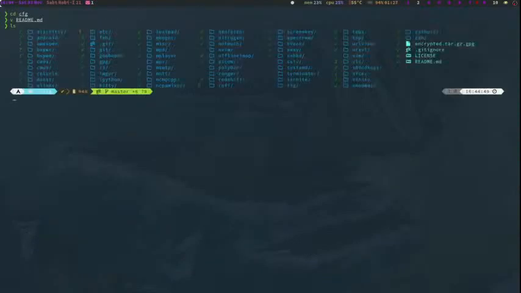So in this directory, I have so many files in the CFG directory. Here I create some directories for the programs I want to configure the dot files for. Like let me show you how I configure my BSPWM dot files. So in the CFG directory I have created a BSPWM directory. You can see there is some config directory. So I have a config directory.